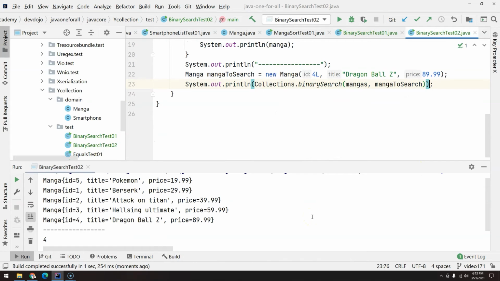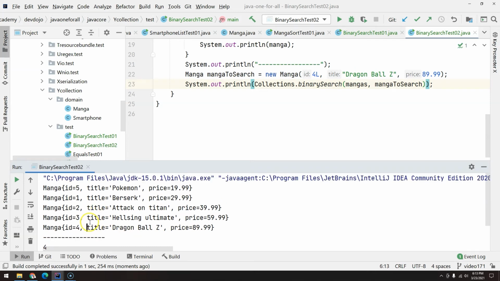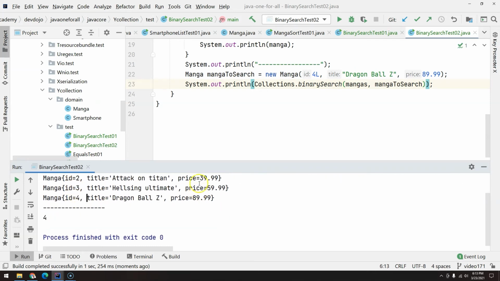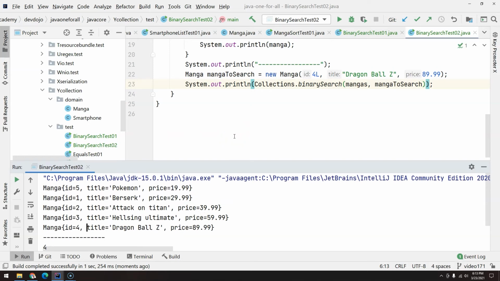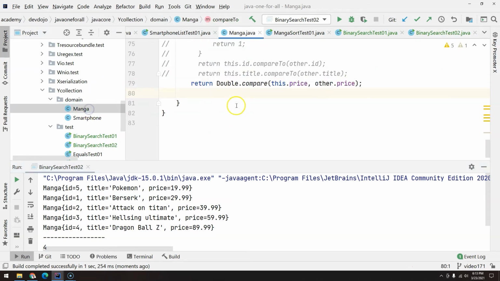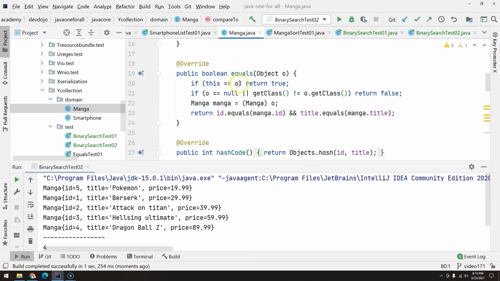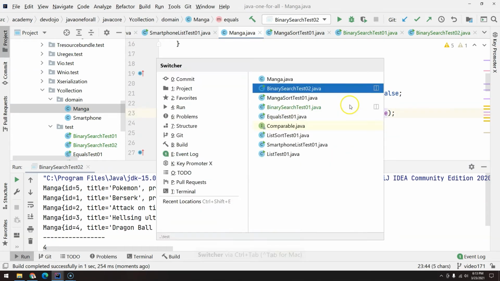So as you can see here, the position is 4, 0, 1, 2, 3, 4, and you have to be careful because in this case it looks like it's using equals, but remember our equals inside of the manga is not using price, so our equals is using ID and title. Now